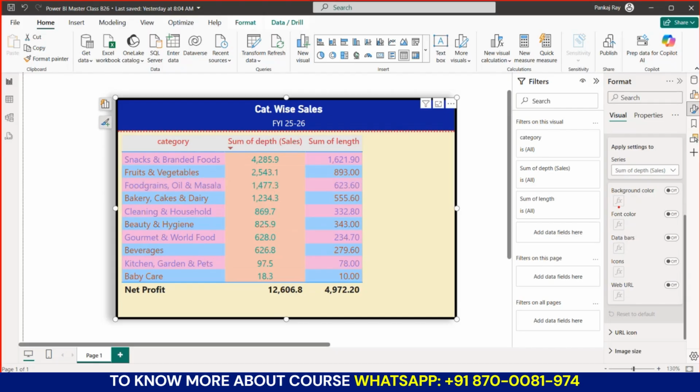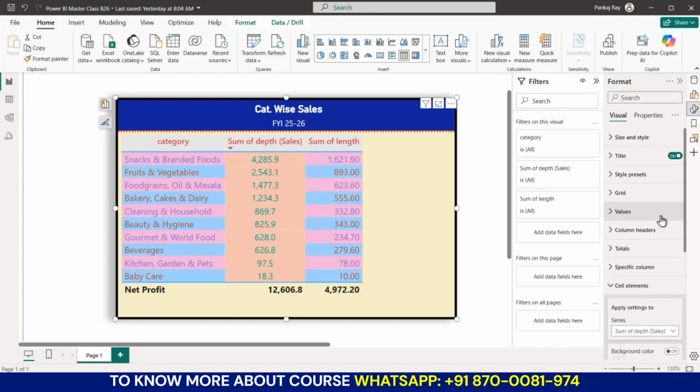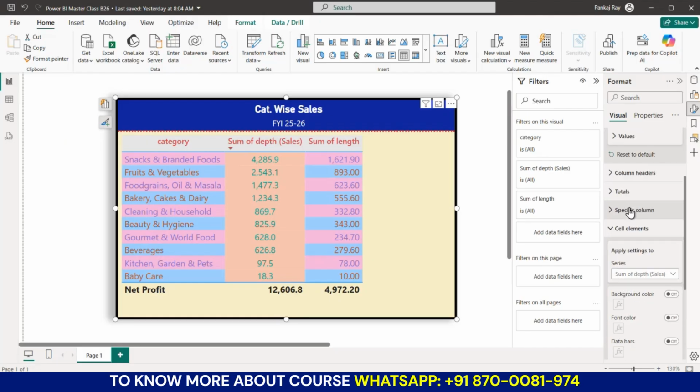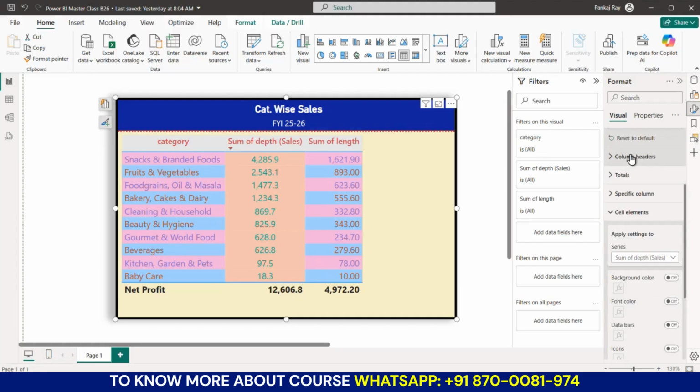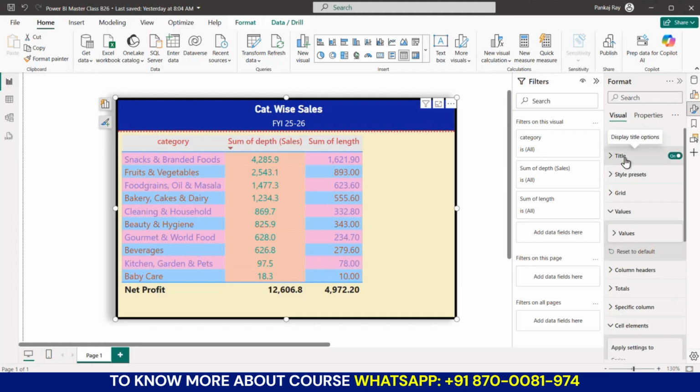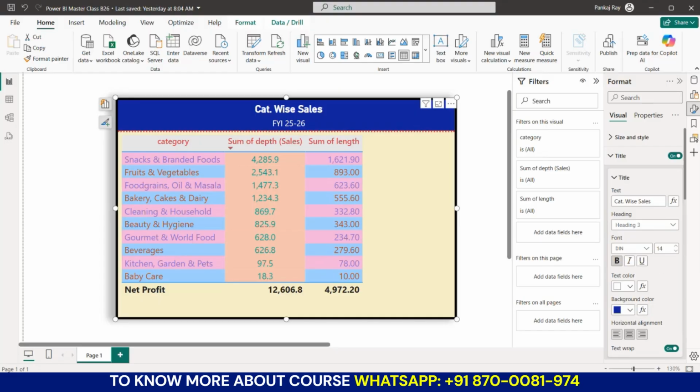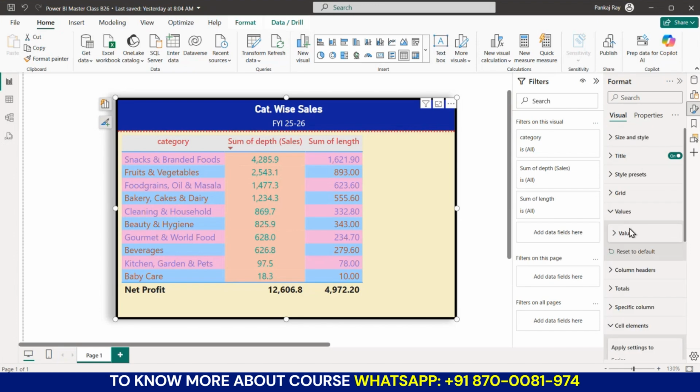Not only for this one, once we learn conditional formatting, then you will be able to create conditional formatting on colors as well. If you remember, wherever the colors were available, for example, there was the color. Okay, so this kind of conditional formatting also you will be able to create very easily. Okay, so now